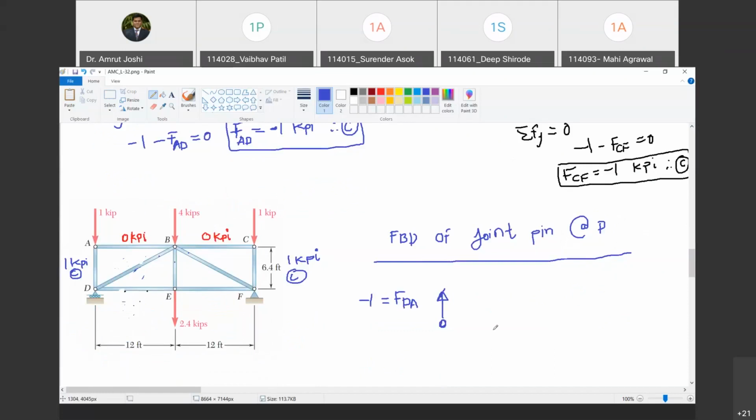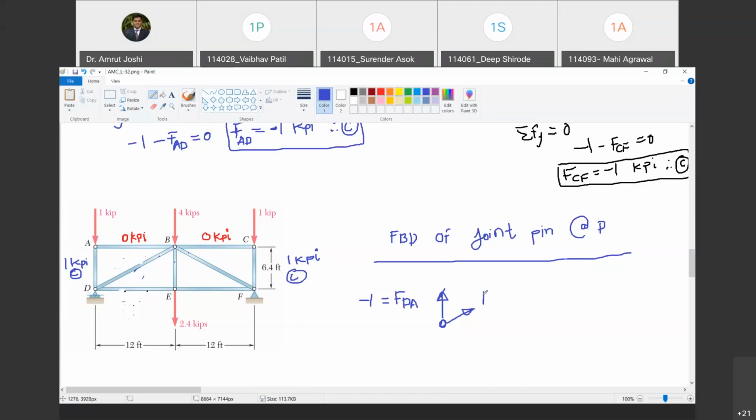फ्री बॉडी डायग्राम में तो सारे फोर्सेस जॉइंट से अवे ही दिखाने हैं. We are going to assume that it is tensile. अगर कोई कॉम्प्रेसिव है तो उसका साइन सब्स्टिट्यूट करना है. I hope I am not repeating this so many times, but it is worth repeating. This point must be fixed in your mind.